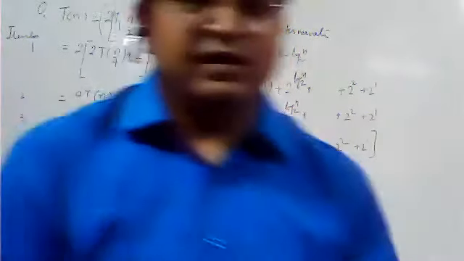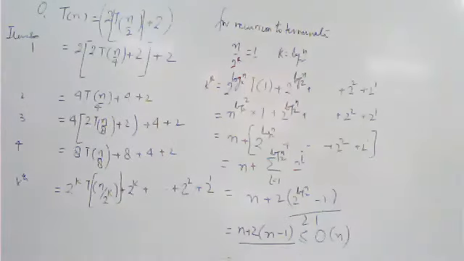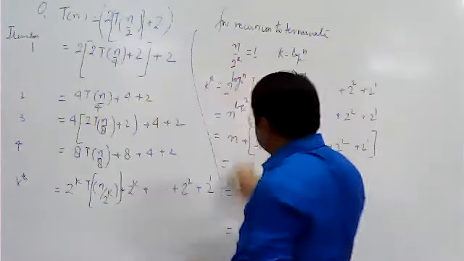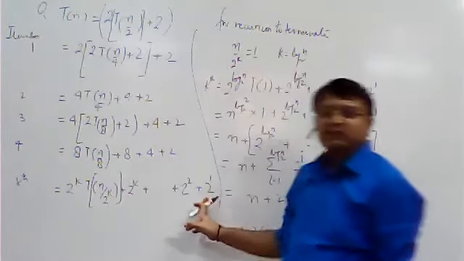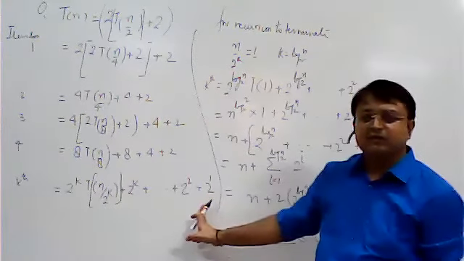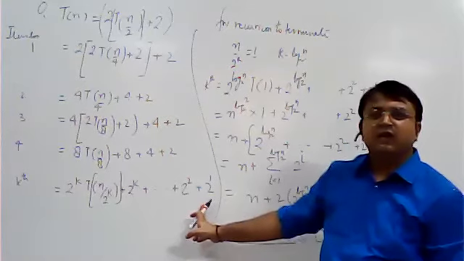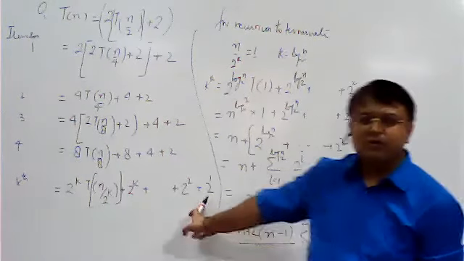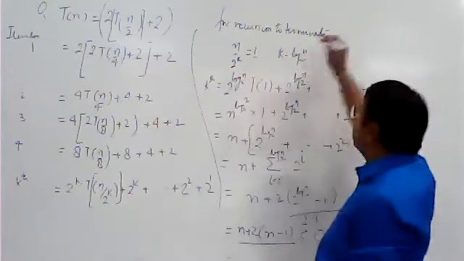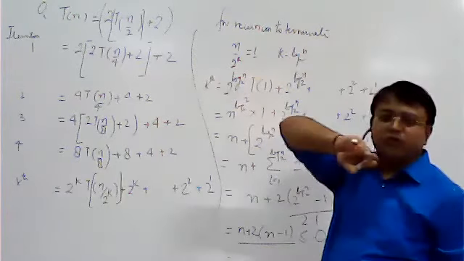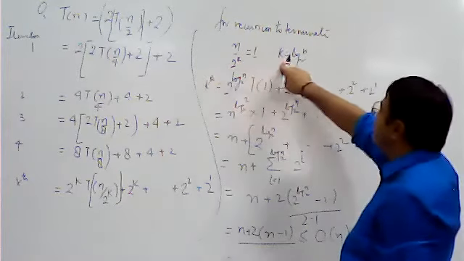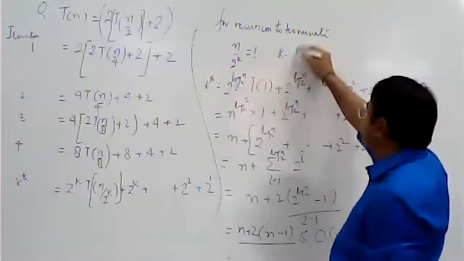To see once again, there is nothing new here except the logarithmic magic. So what is happening here? So I hope till here it is clear how the kth iteration is working. Is it clear? Yes or no? Yes, sir. Okay. Now see here. So I have already told you to learn the logarithmic formula. So n upon 2 to power k is equal to 1 means k is equal to log n base 2.